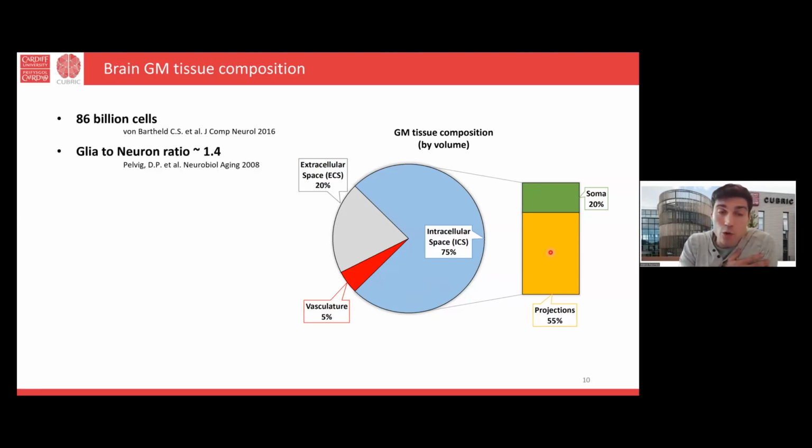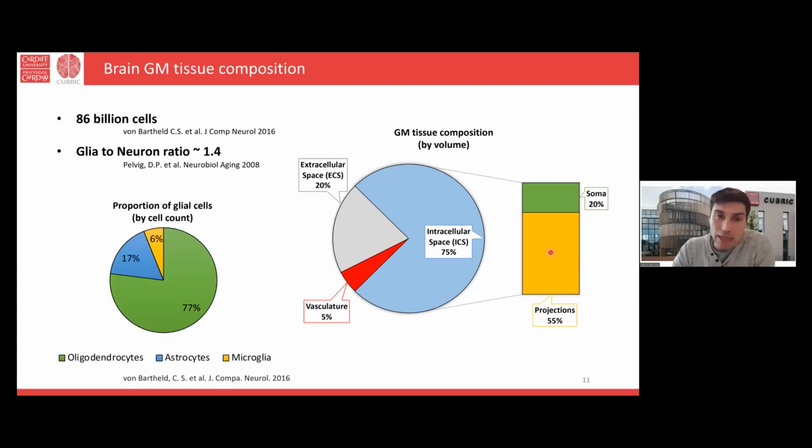If we look at all the cells, I'm talking about cells, not neurons, we can divide them roughly into neurons and glia. And the ratio between these two different cell populations is not 1 to 1. On average, in an adult male human brain there are 1.4 glial cells per neuron. If you go to other species, or male or female, we have differences. However, roughly we are around 1 to 2 glial cells per neuron.